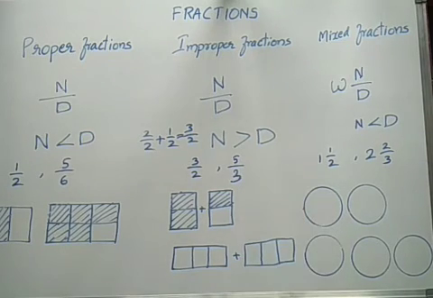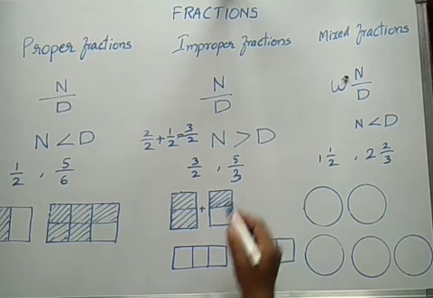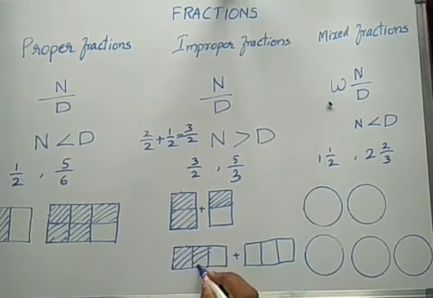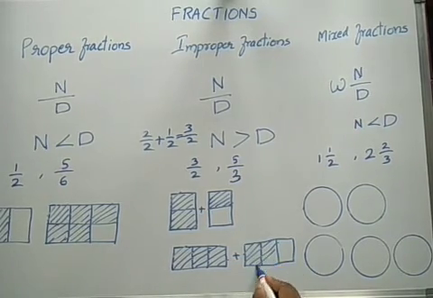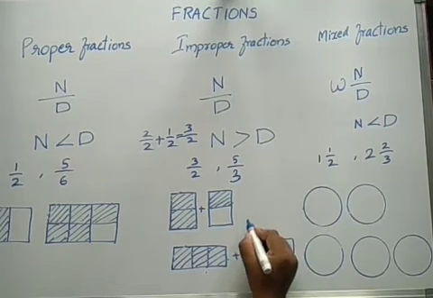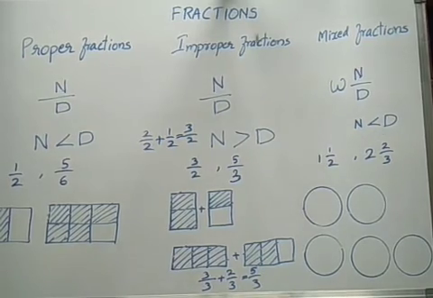Here this is 5 by 3, meaning in the figure, if you take a whole, they divided it into 3 equal parts. So 1, 2, 3. Here 1, 2, 3. In that 5 parts are shaded. See 3 parts. See, total 5 parts are the shaded. So then we can write, see, this is 3 by 3 plus 2 by 3. Total together is 5 by 3.